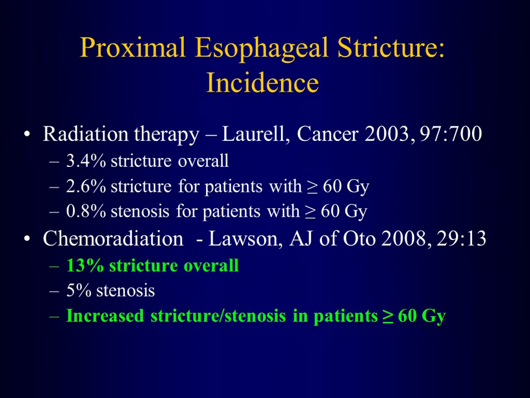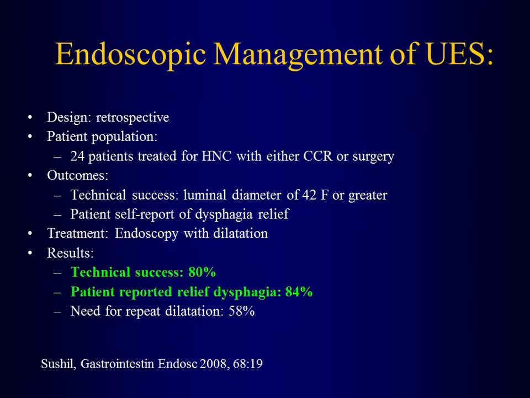The second fibrotic process that we have to be very aware of is proximal esophageal strictures. Again, this is a problem in patients who receive radiation therapy. It's usually seen with doses above 6,000. It appears to be increased in frequency when we add concurrent chemotherapy. And why is it important to recognize this? You have a patient who's 3 to 6 months out from therapy and they're having trouble swallowing. Let's make sure that it's not due to a stricture, which can be easily addressed by